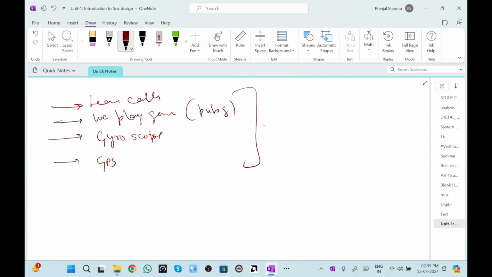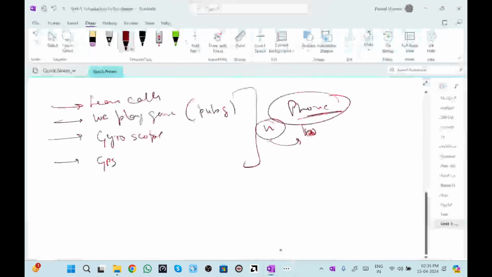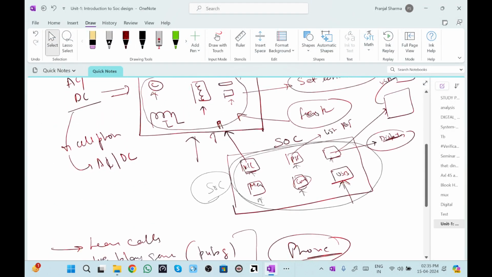There are n number of properties which this iPhone handles, and we are surprised to know that each one of these properties is being controlled by this whole little IC. As I told you in my previous section, SoC is system on chip.